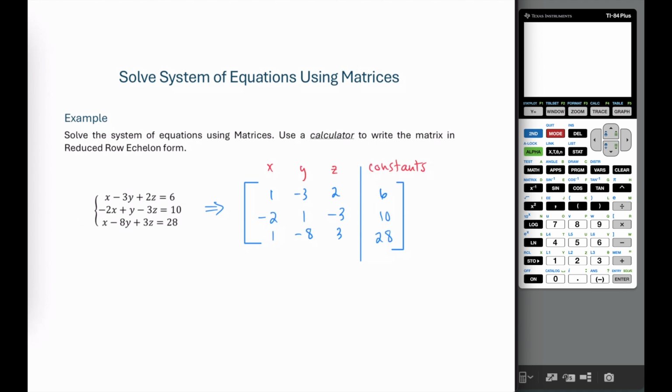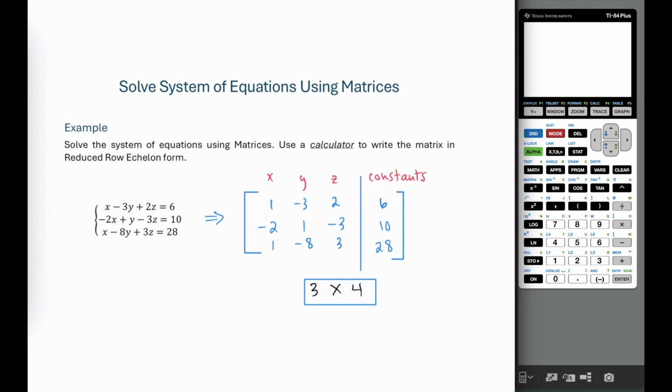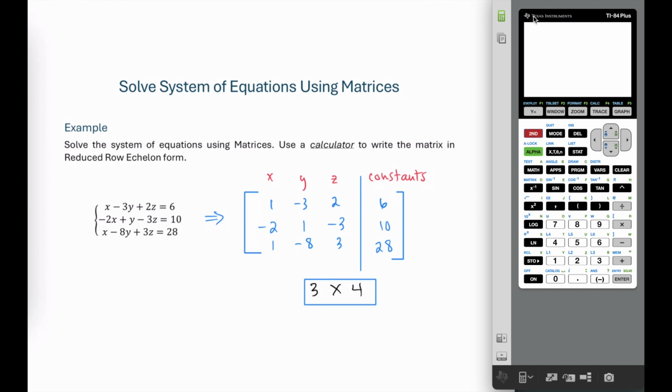When we put this into our calculator, we're going to need to indicate how big it is, and the size of a matrix is given by the number of rows cross the number of columns, and in this case we have 3 rows and 4 columns, so we say this is a 3 by 4 matrix. In order to put this matrix into our calculator, we're going to access the matrix function. So we have to hit second to get our arrow in the cursor and access the blue features above all the buttons. So second matrix, and we go over to the right to the edit menu,